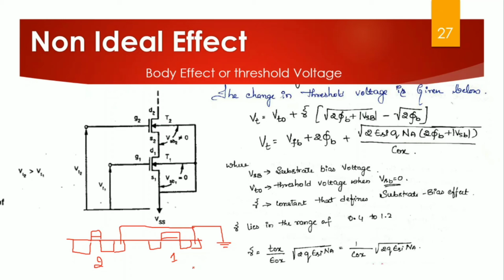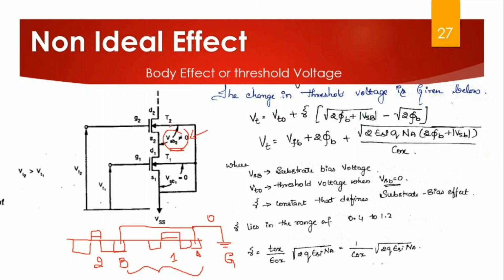Now look at the voltage difference between point A and G, and what is the voltage between point B and G. The voltage between point A and G is completely equal to 0 because it is directly grounded. Whereas the voltage drop between B and G is not equal to 0. Even though it is connected to ground, it is not equal to 0. It has some potential here. That is what it says here: the value of voltage from substrate to bulk is not equal to 0. It is having some value. Therefore, it is not equal to 0.